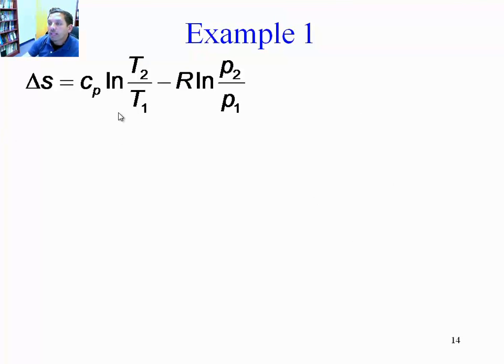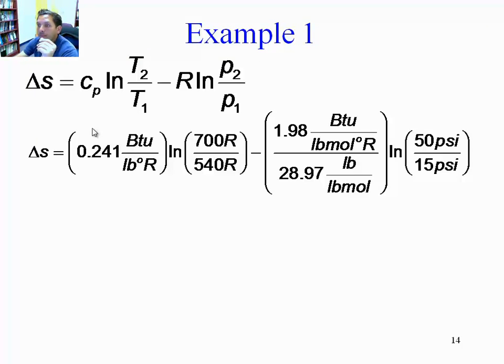So let's calculate delta S using the equations that we know. Since we have temperature and pressure, let's use the temperature and pressure equation for delta S. And let's not use the temperature and volume, although we could if we calculate volume at state 2 and volume at state 1 using the state equation. But we don't have to do so. So, delta S is Cp times the log of T2 over T1 minus R, natural log of P2 over P1.